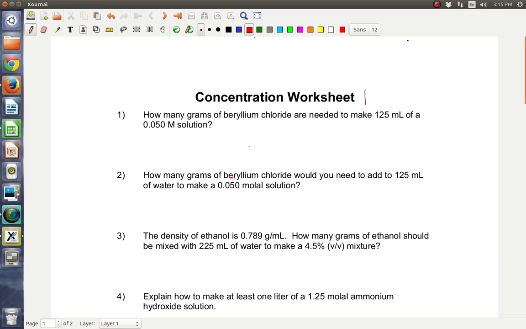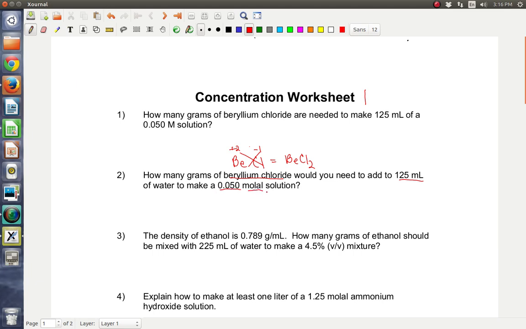All right, beryllium chloride. The first thing we're going to need to do is figure out what beryllium chloride is. So beryllium is Be, chlorine is Cl. Chlorine has a -1 charge, and beryllium has a +2 charge. So you have to do the crisscross here. So the beryllium chloride is BeCl2. So that's the first thing. So how many grams of beryllium chloride would you need to add to 125 milliliters of water to make a